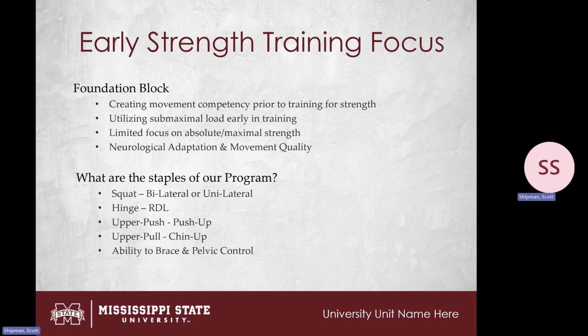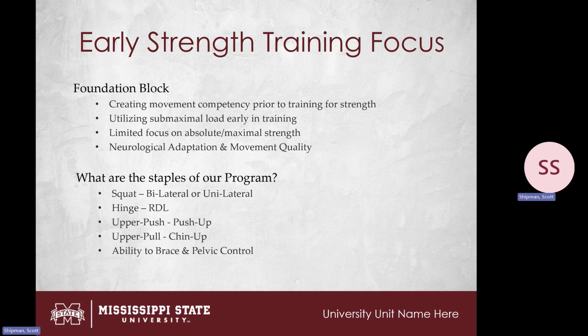We start off double leg, really progress double leg until we can't see any more progression or feel like we don't need to, and then we'll move to either dynamic effort movements or single leg movements that revolve a little bit more around stability. Upper body, the two big movements we're looking at are going to be push-ups.